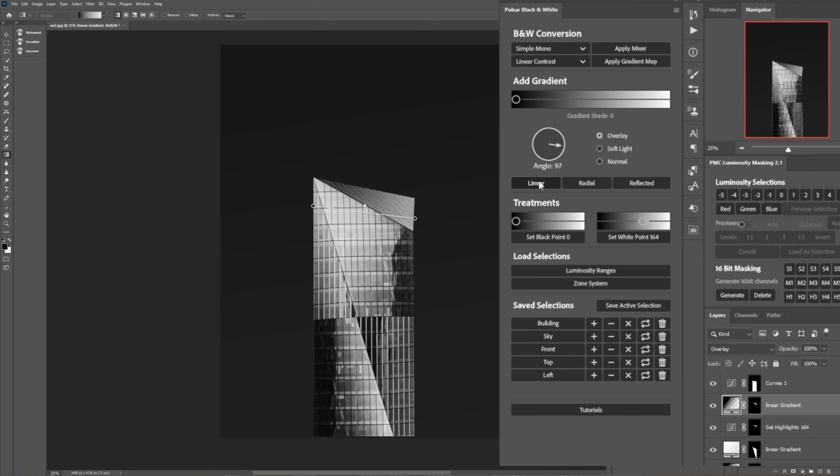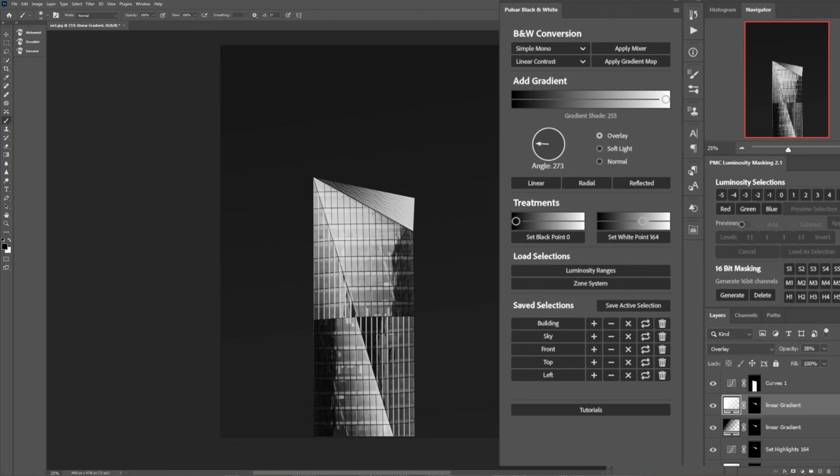So let's do that. How does that? Yeah, okay, that's a lot more dynamic, I think. And okay, let's do the same thing again, lightening the right side. So load the top selection, gradient this way, and a light gradient, linear. Doesn't need to be that strong, so we'll just bring it down a bit. And there we go. Now that we've got the basic shading done for the building, let's